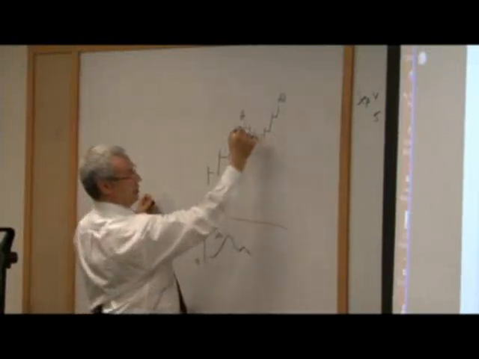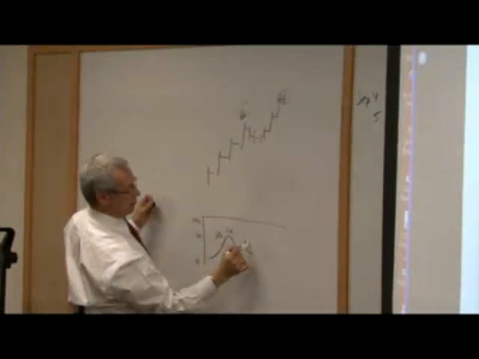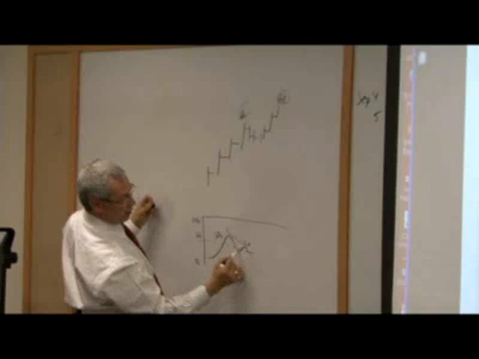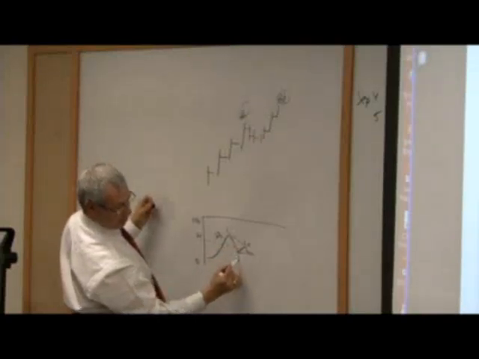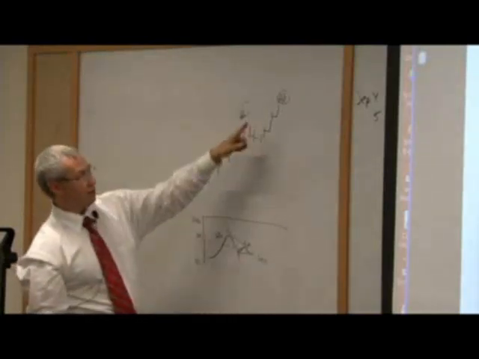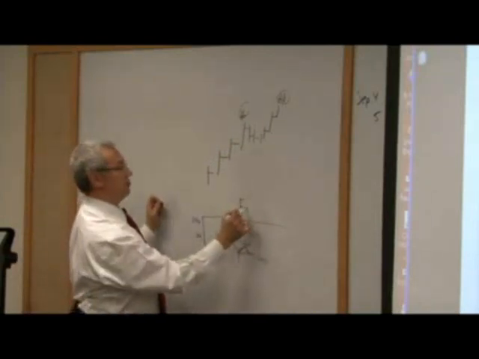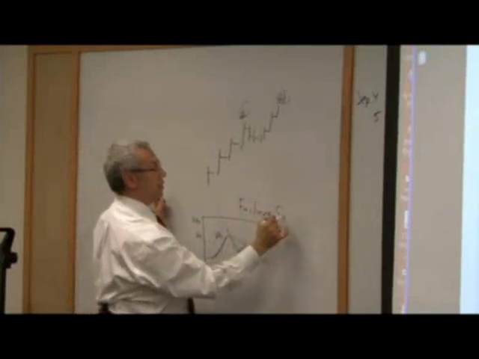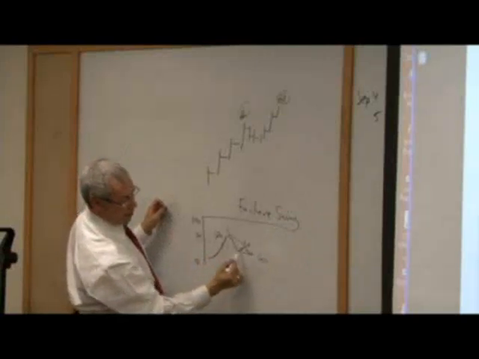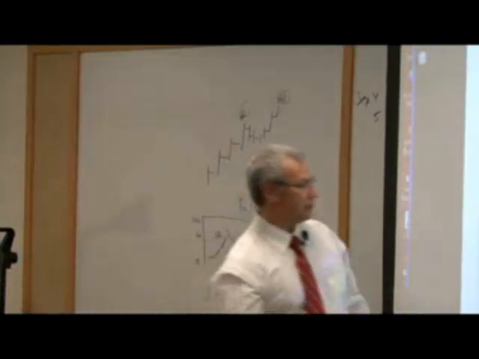Okay, so we made a higher high in price, and we make a lower high in our indicator. Okay? And when it goes under this level, right here, now we might initiate our sell. We've made a higher high in price, a weaker indicator. We call that a failure swing, or the literature calls it a failure swing. Went to a new high, indicator went to a lower high, and when we swing under this low, whatever this reading is, it could be 69, 68, whatever it is, here on this chart,